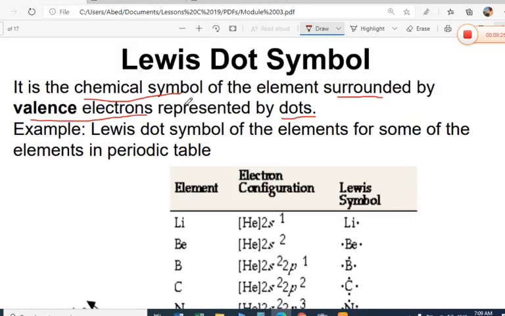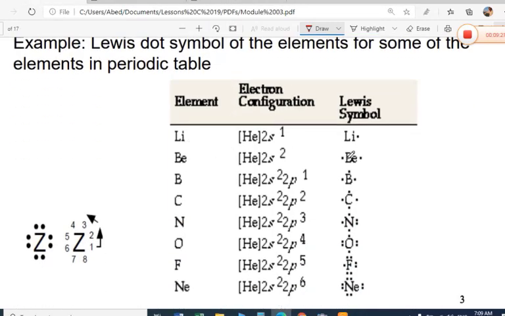So if you see here some examples, lithium will have 1 electron, 1 dot, beryllium will have 2 dots, boron has 3 dots, carbon has 4 dots, and this is the electronic configuration. You can count from here. Also this 2 and 1 is 3, 2 and 2 is 4. Similarly neon will have a complete 6 plus 2, this is 8. So 8 electrons are shown outside the neon symbol. So it is a simple way of writing the symbol again, and outside the symbol we show the valence electrons in this fashion.